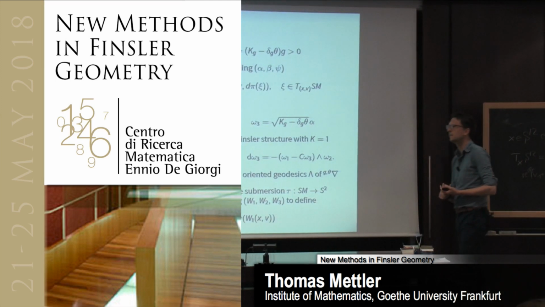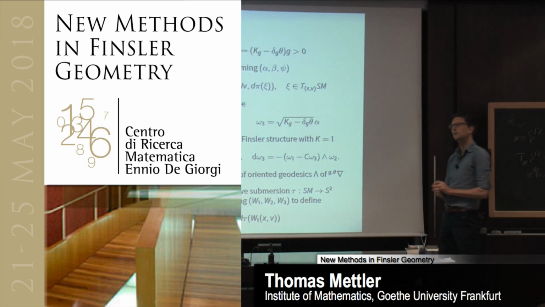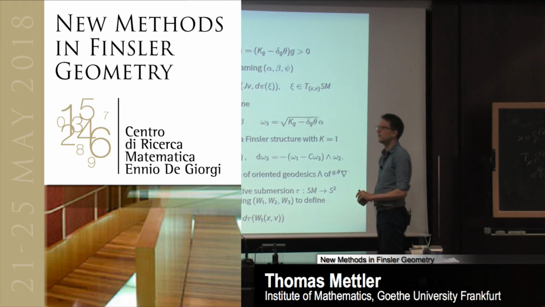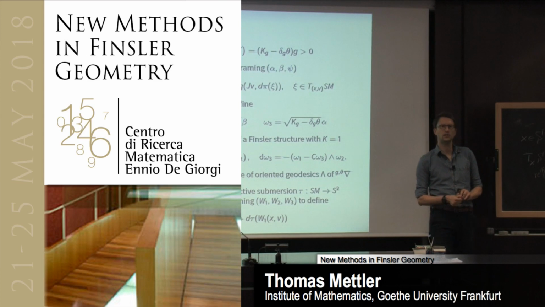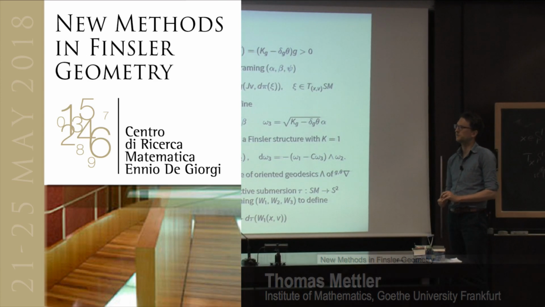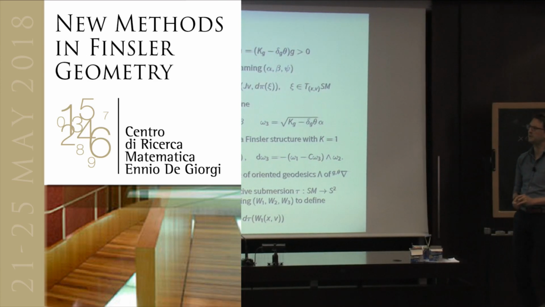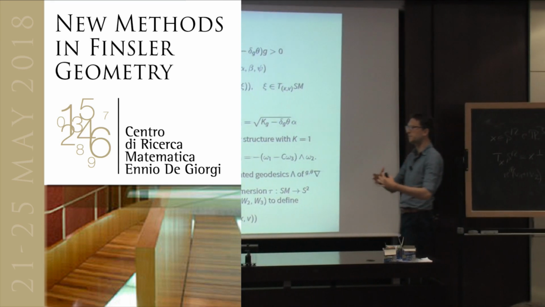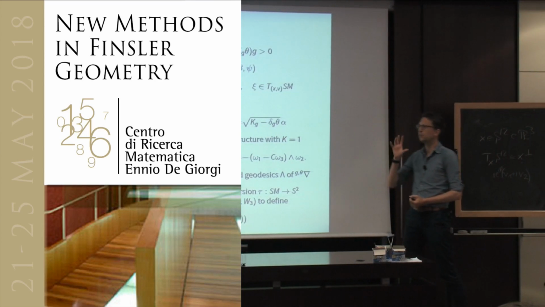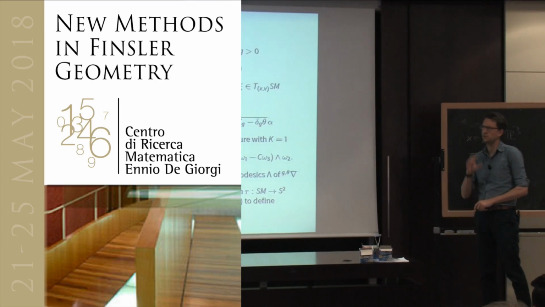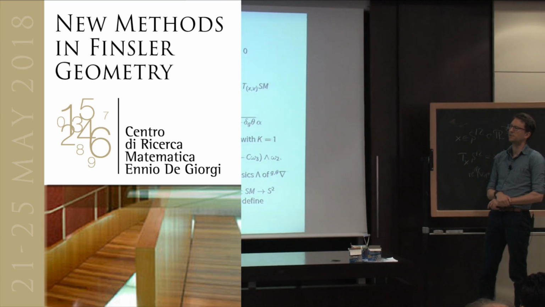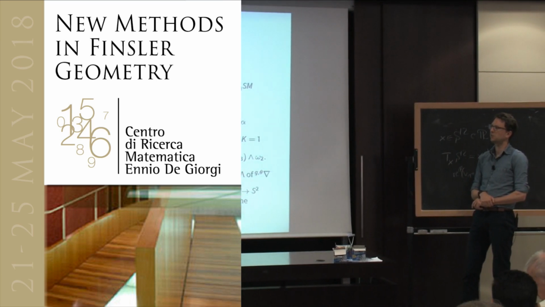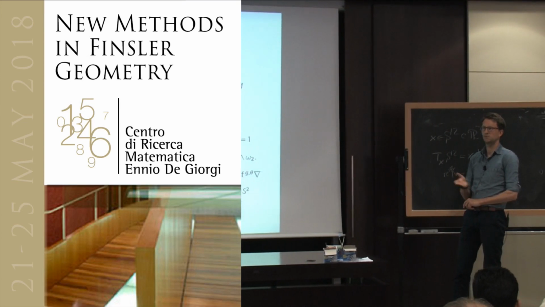Is there any global result? I mean, not in general. Closed surfaces or things like that? I mean, not in general. I mean, there's some characterization for so-called projective structure, which is global due to LeBrun and Mason. Right, so you stick to the so-called projective case. And then LeBrun and Mason, they have a characterization of the ones that come from a Levi-Civita connection. But as far as I know, I'm not aware of a general global characterization.